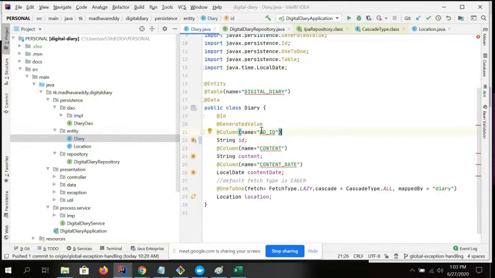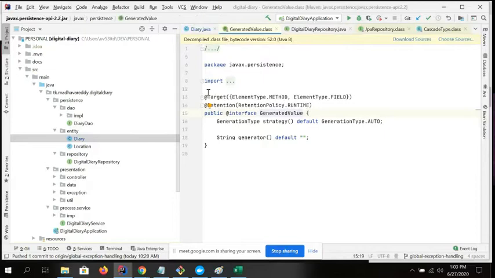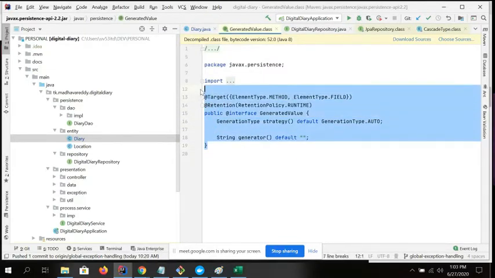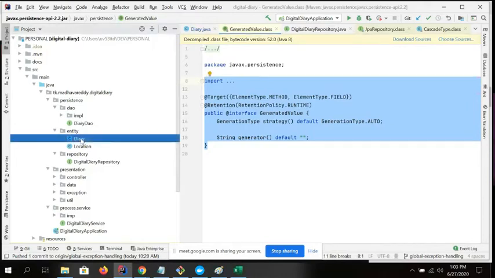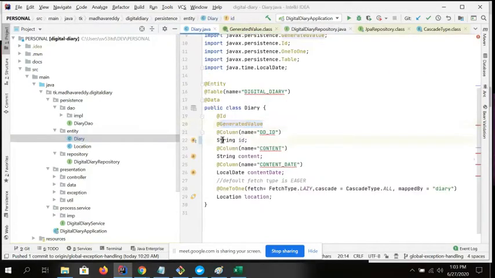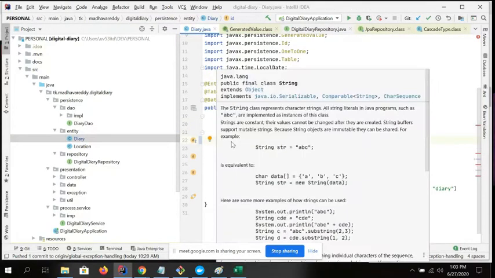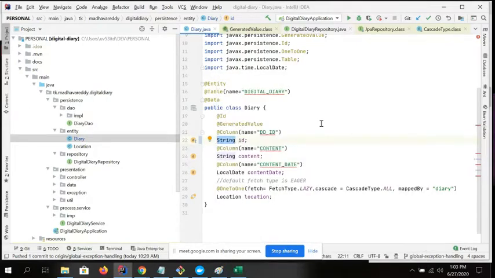Then if it is a string and you have to do your generation, here it is a generated value, right? If you see the generated value, it is a simple annotation. You write your custom annotation to return the particular code here and make it a string. Then automatically it will come as a string value. And if you want to make it an object or do multiple things, you can also do it. It is free to have it.